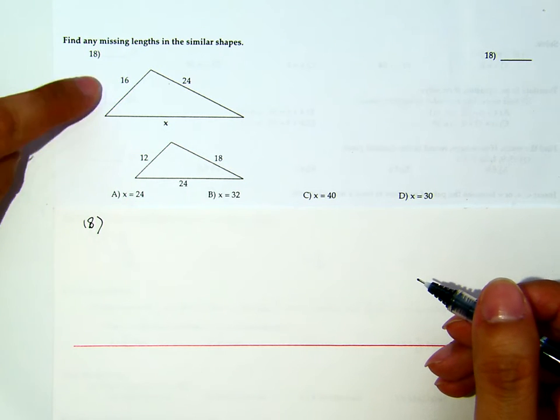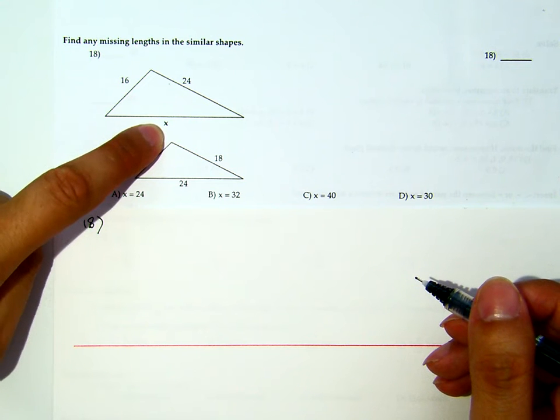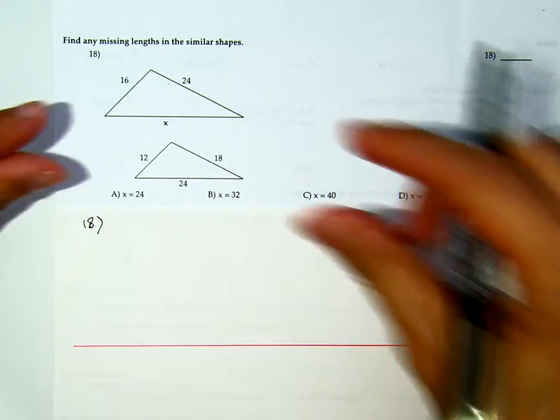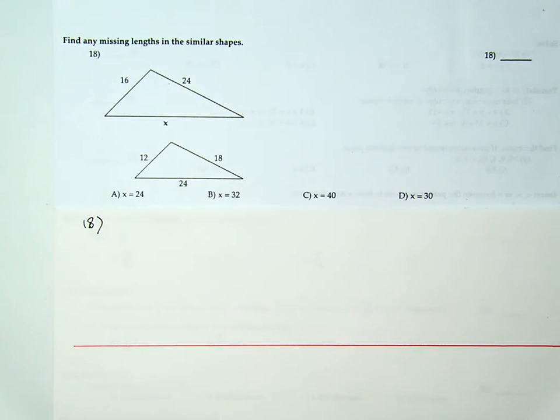We have similar triangles here, and the one missing is this x. We need to find out what is the value. Now, similar triangles or similar shapes implies that the shapes are the same, but the sizes are different. It's just like this one is bigger and this one is smaller. Because of that kind of similarity, you will see the sides will be proportional. Once you know that the sides are proportional, then we can set up the proportion and solve for